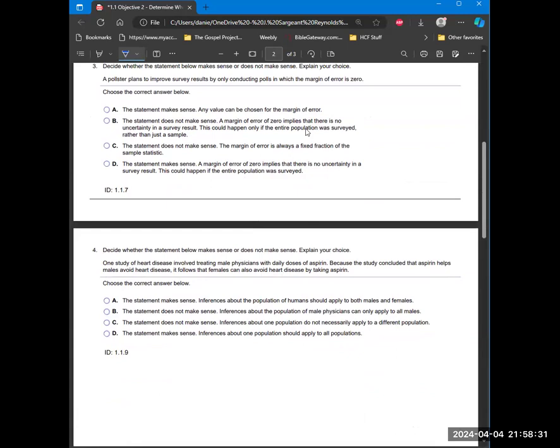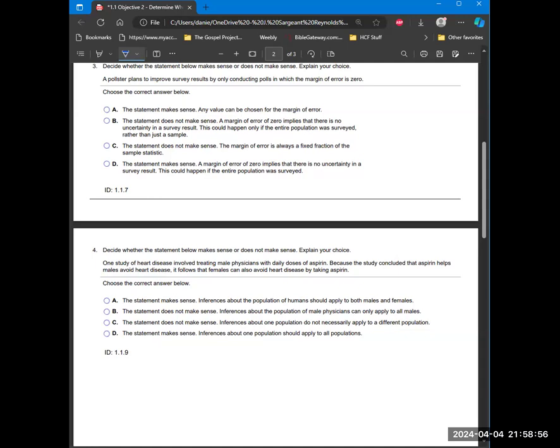Again, decide whether the statement below makes sense or does not make sense and explain your choice. The pollster plans to improve survey results by only conducting polls in which the margin of error is 0. The statement does not make sense because a margin of error of 0 implies that there is no uncertainty in